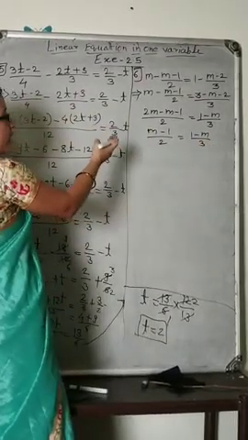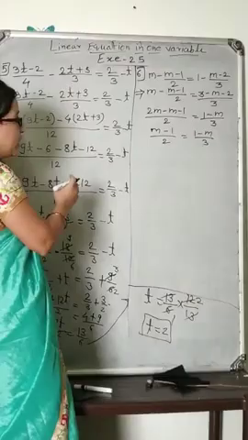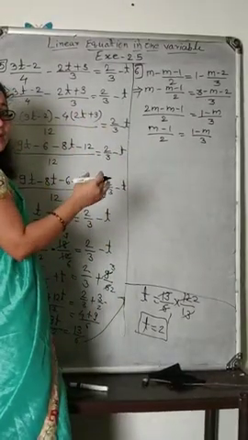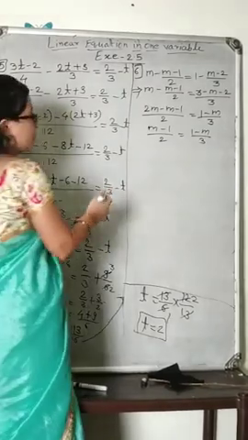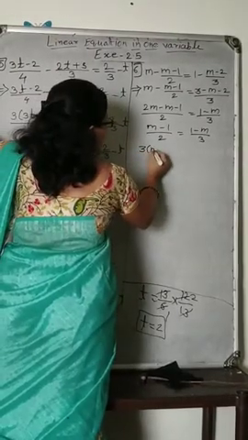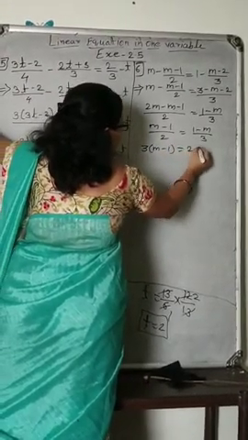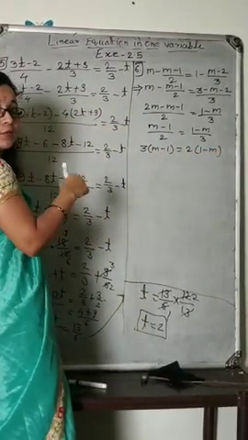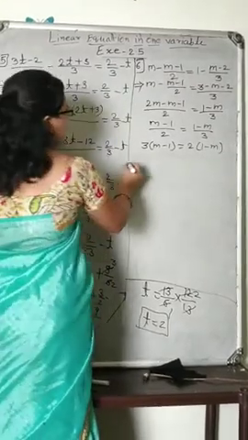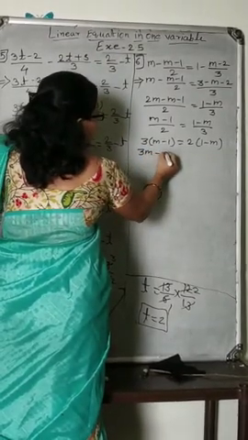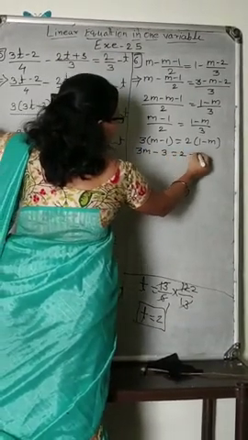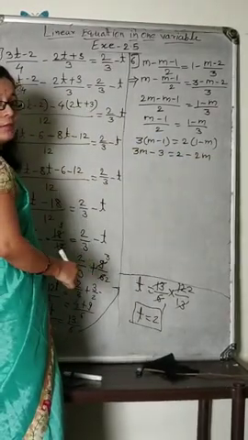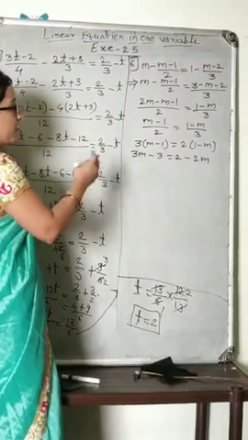Now that 3 and 2 are in a divide. We can take them to LHS and RHS. Then what will come? They are in a divide and going across LHS RHS they will go in multiplication. That means 3 into m minus 1 and 2 into 1 minus m. What will come then? We have to multiply that bracket by the 3 and 2. Here it will come 3m minus 3 and 2 minus 2m will be there, because we are multiplying by the 2 to the 1 minus m. Then 2 ones are 2 and minus 2m.